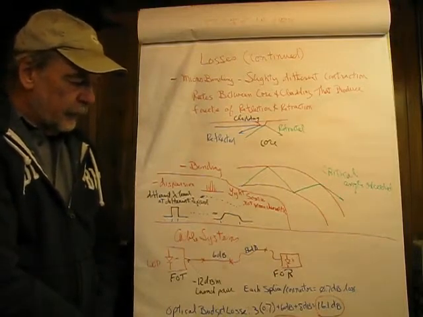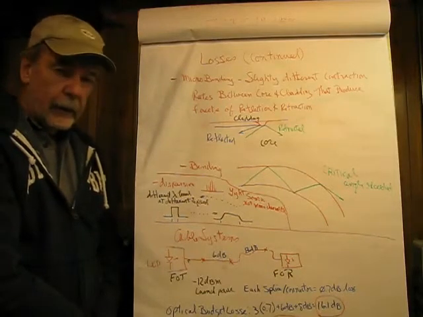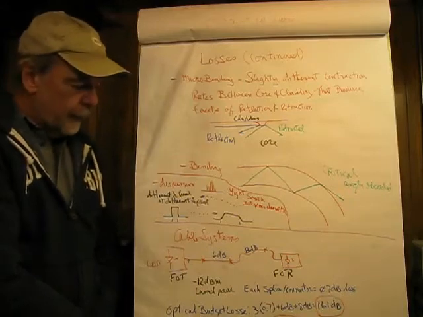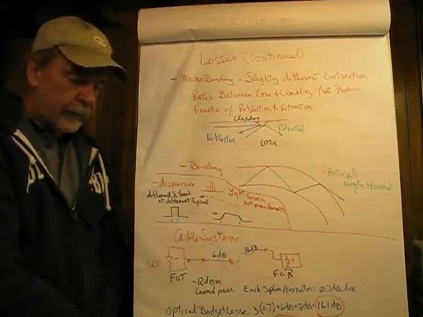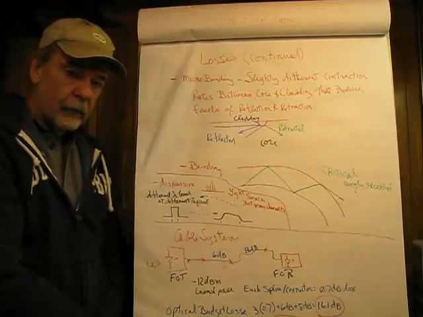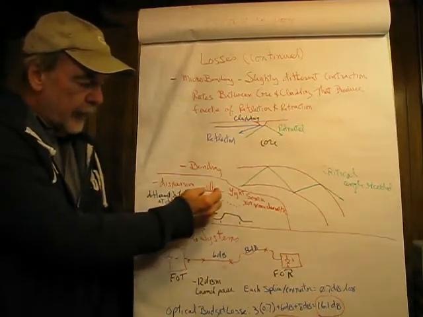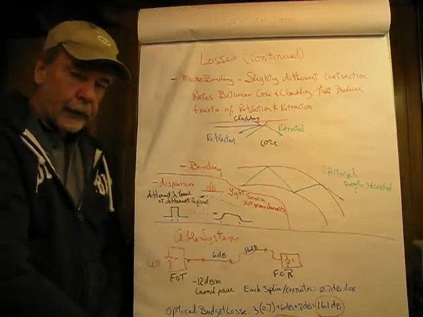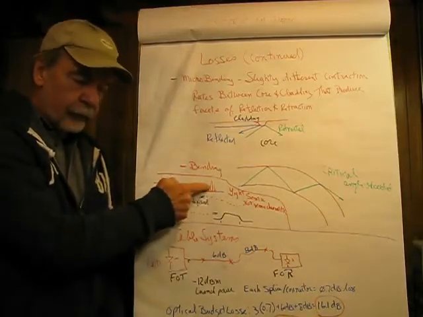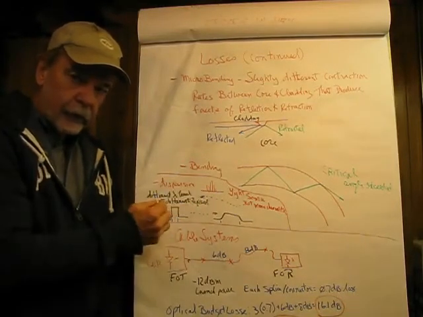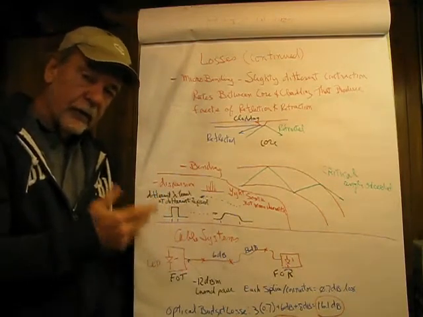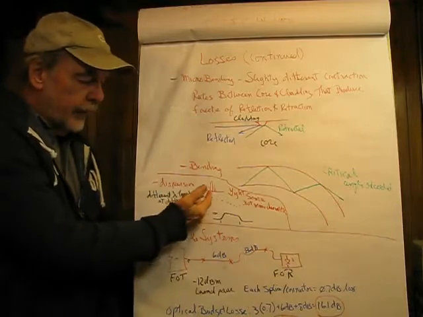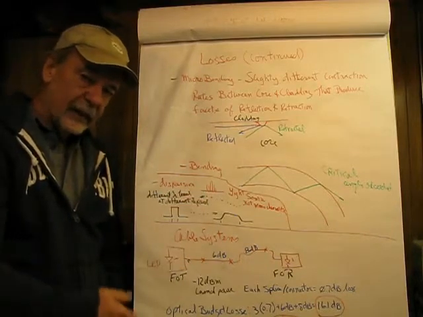Now if you think about this from what we learned in FM and AM and so forth, if we have a pulse we also have a lot of sidebands with it. And the same is true in fiber optics, except the sidebands are so very near to the main frequency that they're insignificant compared to the really, really high frequency. And this is in the terahertz of the actual fiber optic signal, so we can kind of ignore